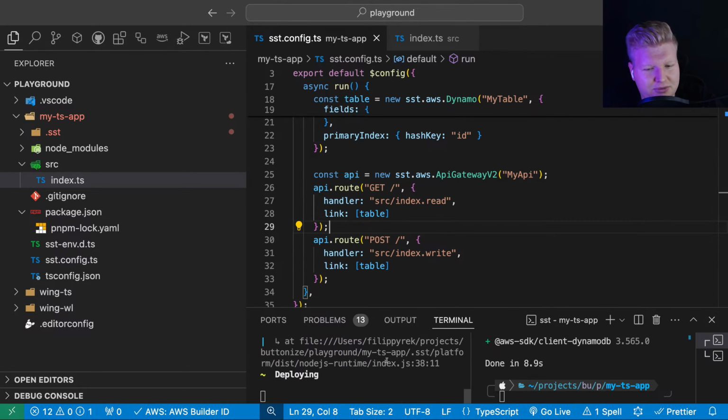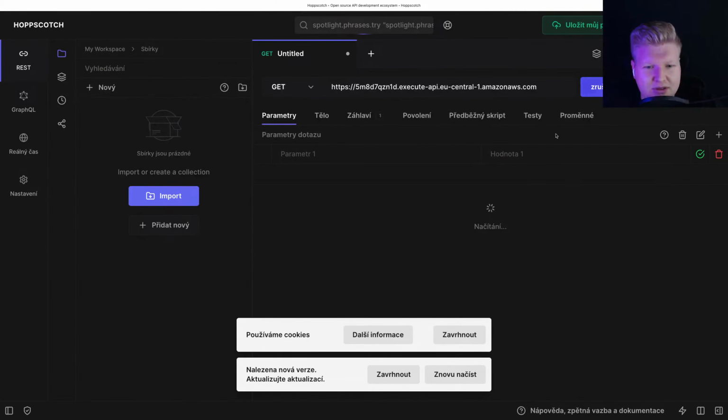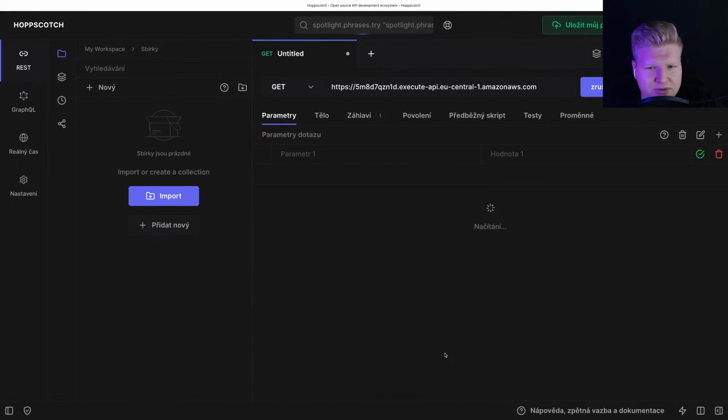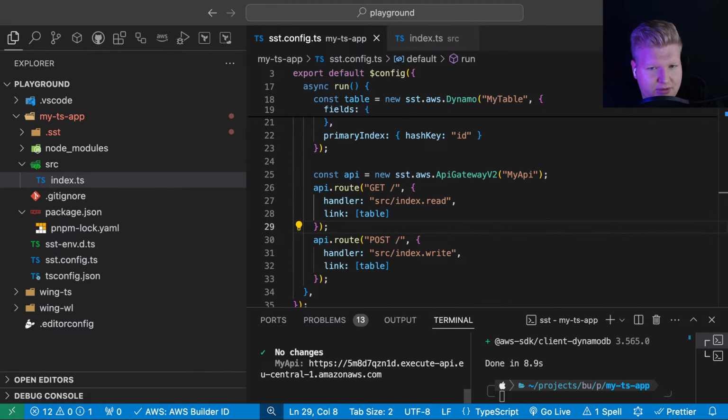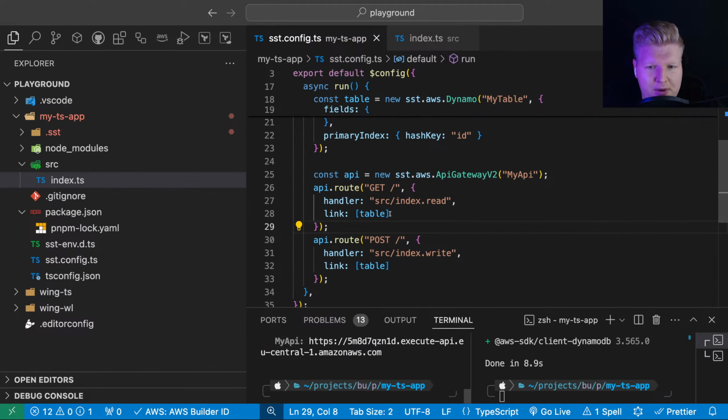Okay, maybe I found a bug. Dax, if you're watching, I found a bug. Probably it's trying to use the old handler. So I guess I need to restart sst dev, and maybe now it's going to pick it up.